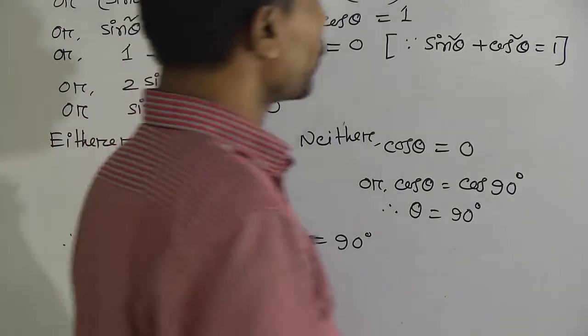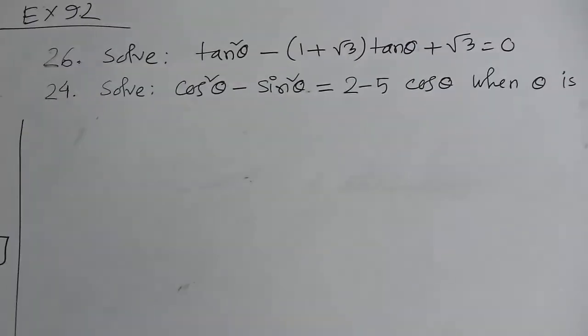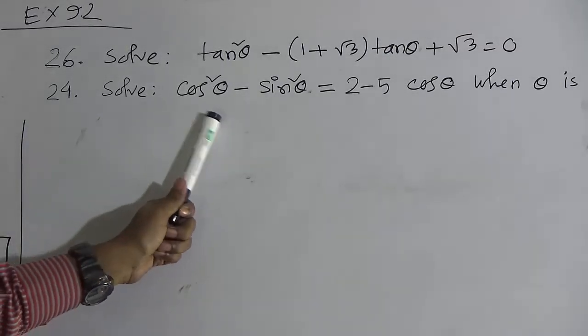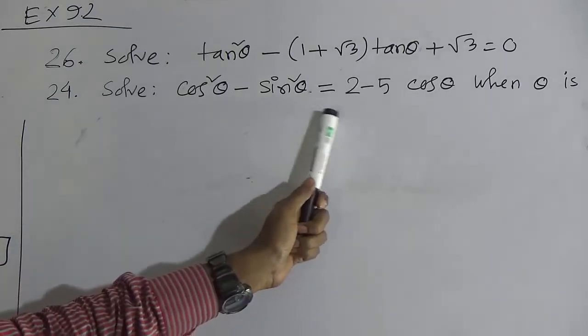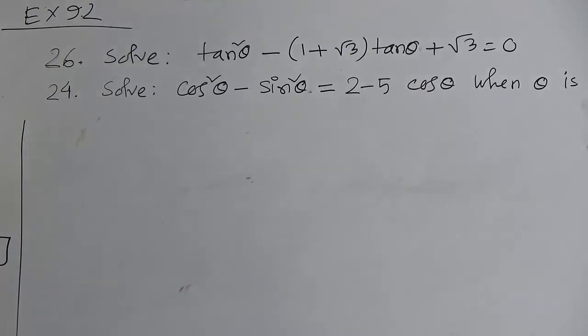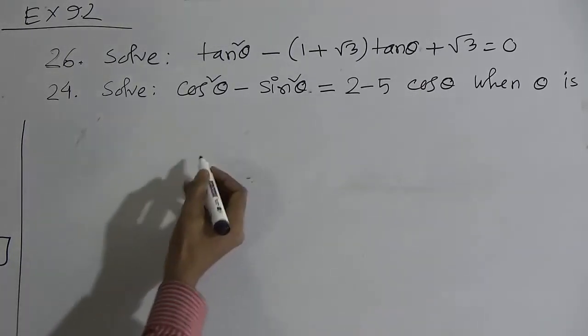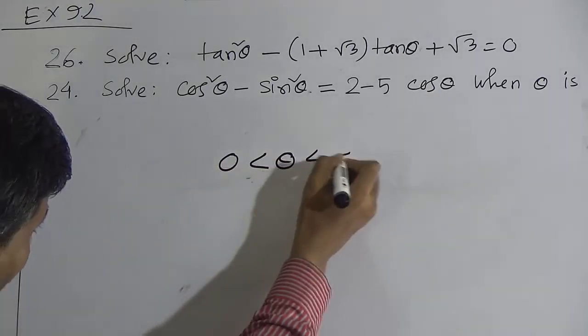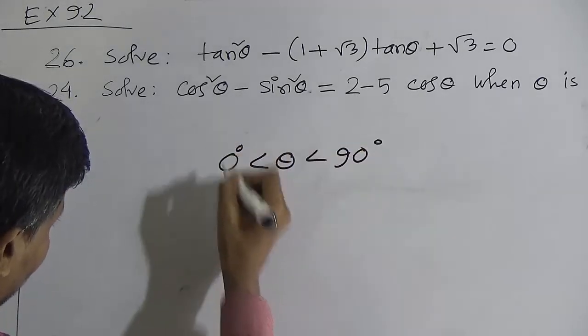now I will solve question number 24. Question number 24. Solve cos square theta minus sin square theta equal to 2 minus 5 cos theta when theta is an acute angle. Okay, look, here is the condition, theta is an acute angle. We know acute angles means 0 less than or equal to theta less than or equal to 90 degree. Okay,